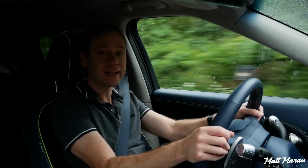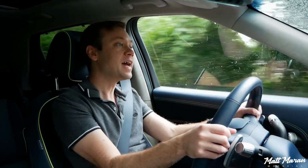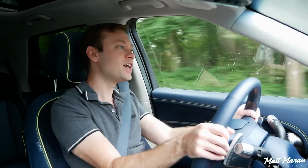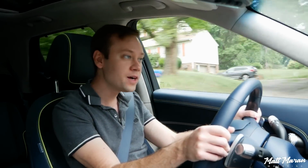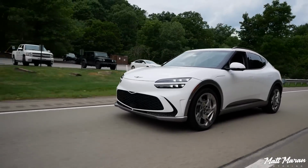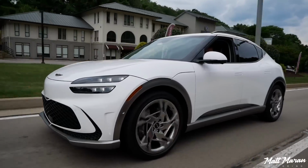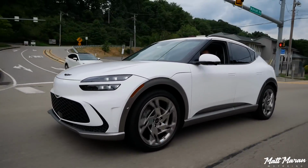And then really the last thing to talk about here is the pricing and how it compares to its competition. Like usual with Genesis, they have priced this very well to make it very competitive, so that it undercuts basically everything it's competing with, while again giving a top-notch product. Honestly, it feels like they're giving 110% with the Genesis, versus some of the others that might be good but don't go the extra mile